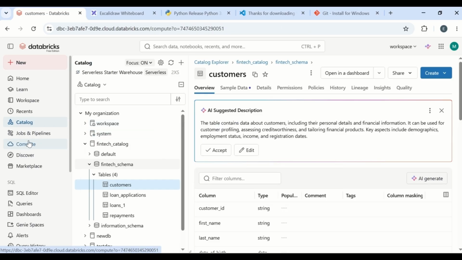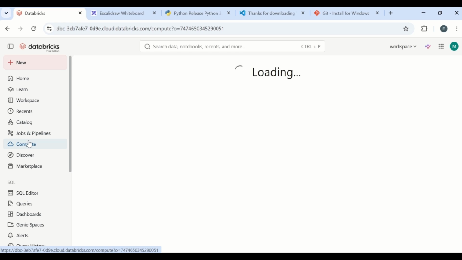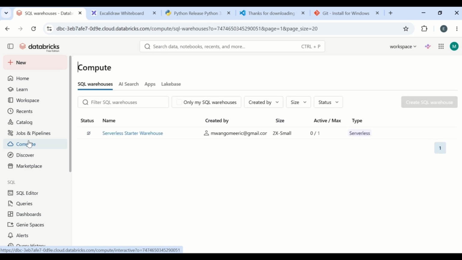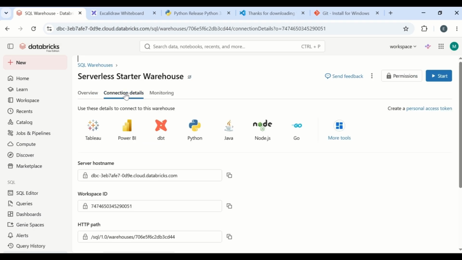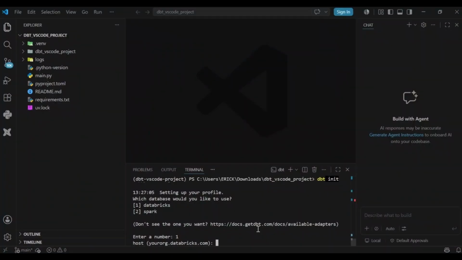Come to compute, then SQL warehouse, then this serverless data warehouse, then connection details, and you'll have your host here. Just copy that and go to VS Code,